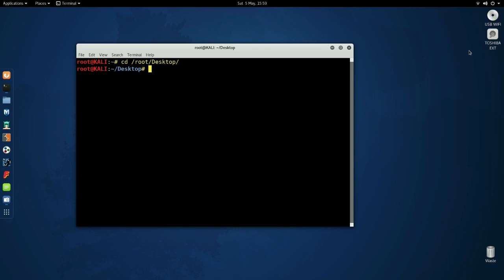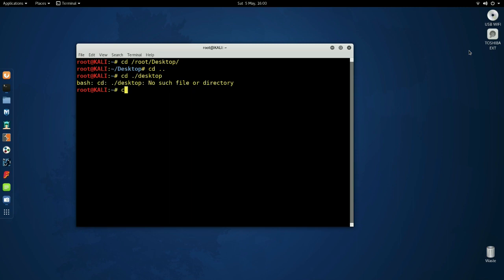Okay, now with CD, as I said, it's used to move about the file system. If you don't use a direct path, you can actually use regular type expressions such as one dot signifies the folder you're in, two dots signifies the folder above you. So that'll take me back to my root directory. Let me just go back to my desktop a moment. So if I just put one dot desktop,